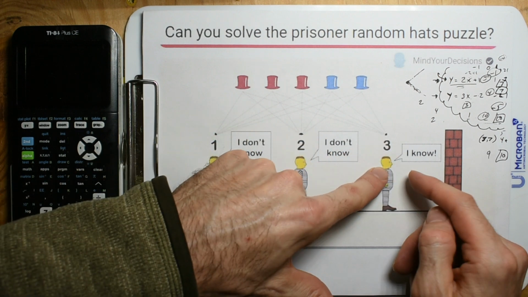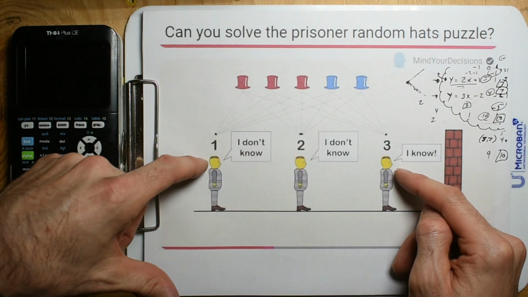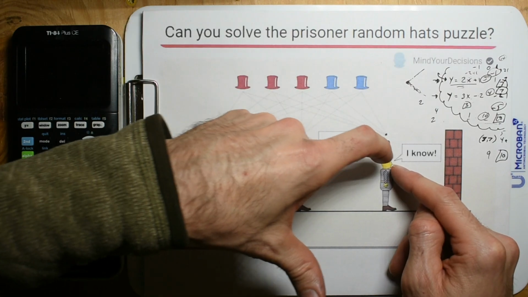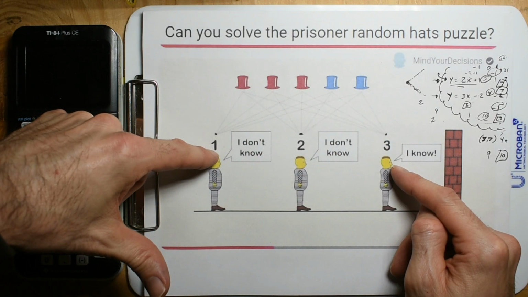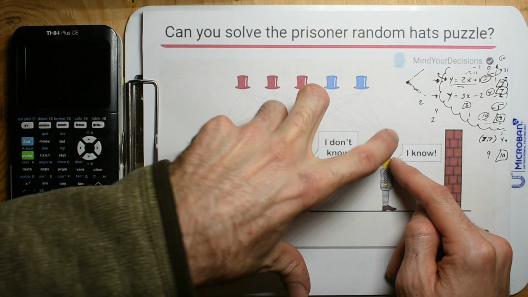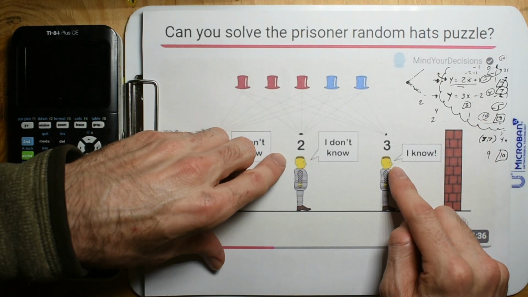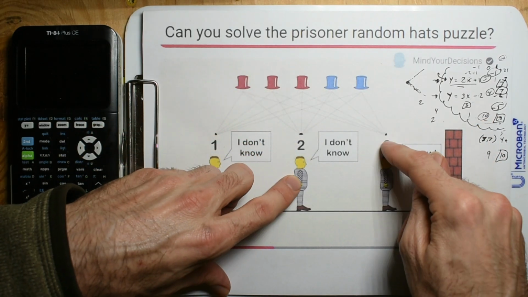And so prisoner 3 has to ask that same question probably to both prisoner 1 and prisoner 2. Prisoner 3's got to be like, hey, if prisoner 1 said, I know, that means that we're both wearing blue hats. He already saw them. But he didn't. He said, I don't know. So maybe there's a scenario where I'm wearing a blue hat